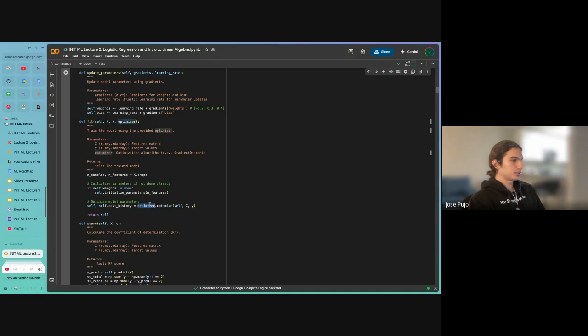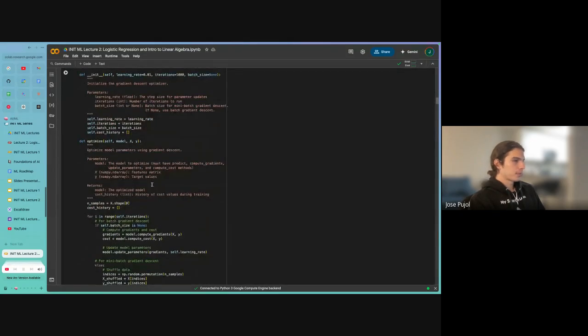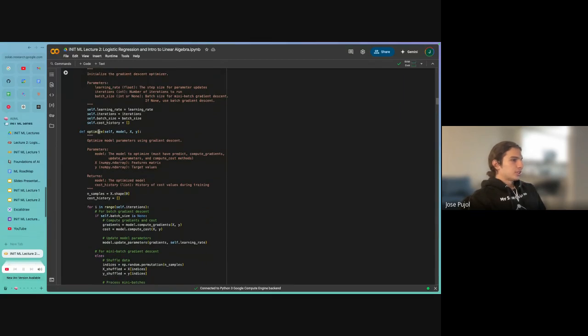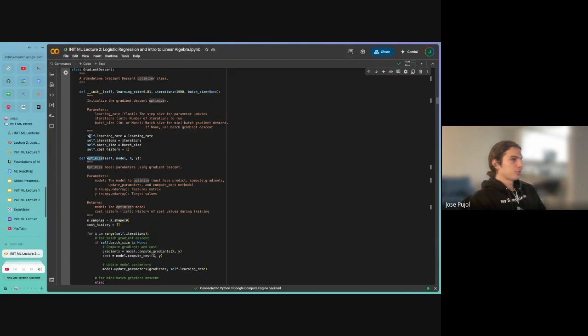So for the optimizer, what we're using is gradient descent, which is what we went over. And so this optimize function right here. Now, there's a couple attributes to this class that I should tell you about. One is the learning rate, which is telling us how fast we want our model to update. And here's what happens. You might think, well, just make it super high and update it a lot so that you can go quicker. It doesn't actually work like that in practice.